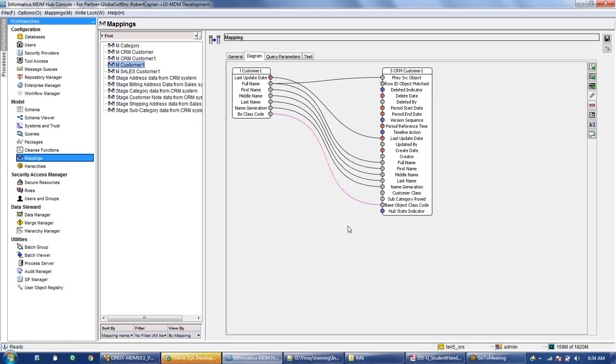So this column, the base object class code, will not be mapped. You have selected this column in your staging table and you have created it in your landing table. So in both places this BO class code column will appear, and then you just need to map this column and save it. That is the only change required on the mapping side. So only these three changes are required: in the staging table, the landing table, and your mappings.